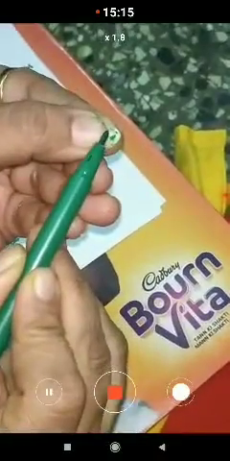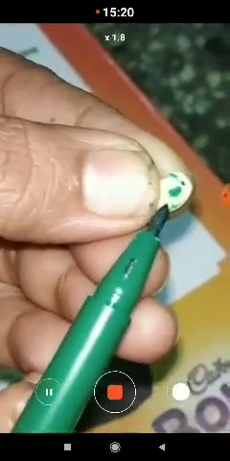Here, just hold it here. Listen, you can see here the two leafy structures. The two leafy structures which are present are attached here. This is the baby plant, which is present inside the seed.